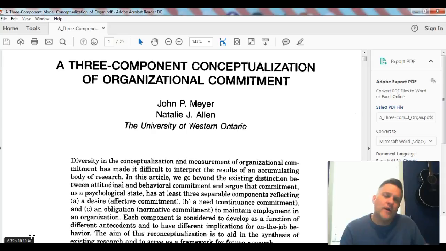Other students will do a step better than saying I think or I believe it's this. They will actually go out and they'll go on the internet and they'll go to something like businessdictionary.com or Wikipedia and find a definition of something like organizational commitment. The problem with that is they're not academic resources. A lot of times they're just dictionaries. Dictionaries define things in very short, clear, succinct ways. But again, that doesn't lead to the ability to be able to research something and really understand something at a deep level. So sites like businessdictionary.com, Wikipedia, I think Business Balls is another one I see a lot of.